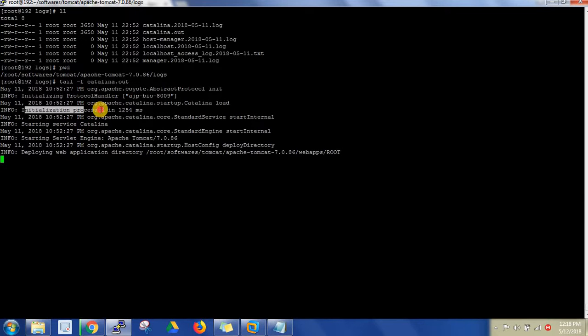Initialization processed. Here it is deploying the web applications. It is still in progress. At the end it should display Tomcat server is up and running in these many seconds. Till that time you have to wait,